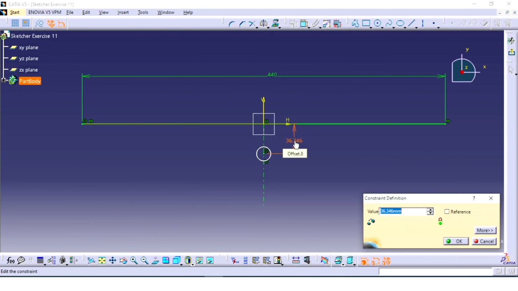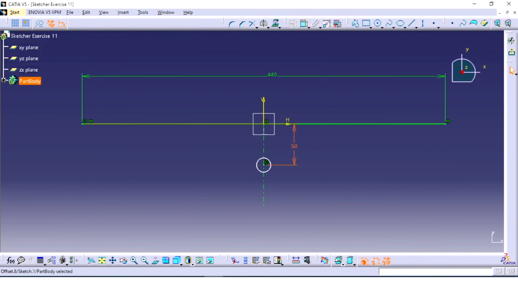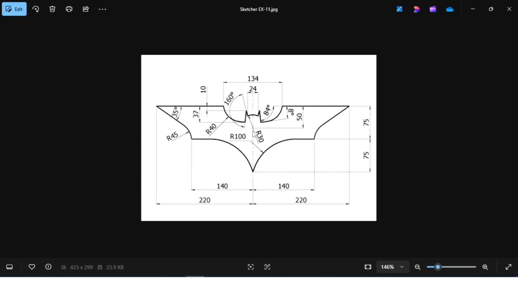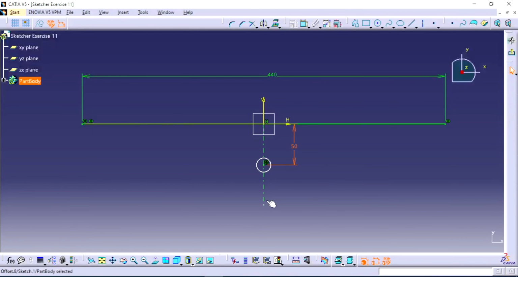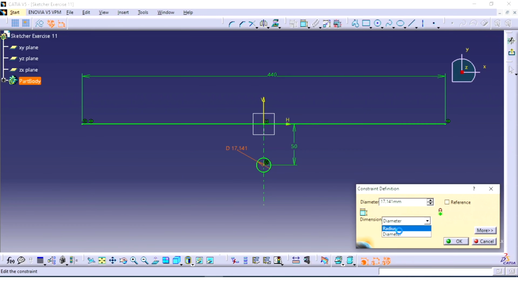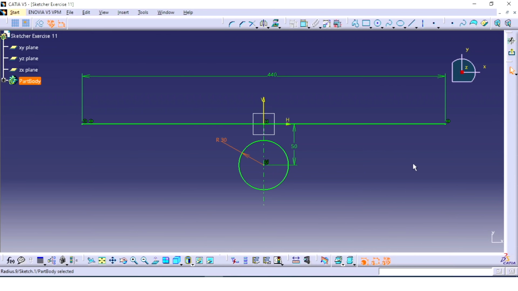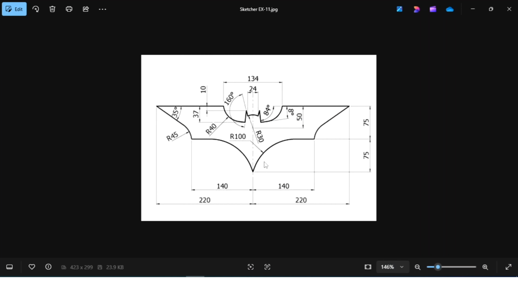This is 50 mm. Okay, and the radius is 30 mm. Change it to radius in the dimension and give it 30 mm. Okay, next one, this is 24 mm up to, okay, and a line, this line